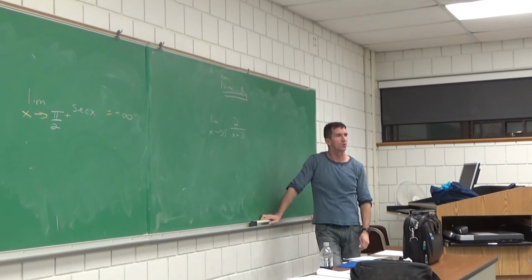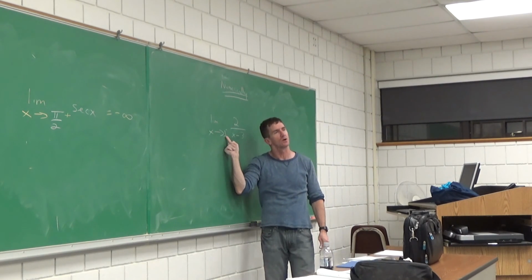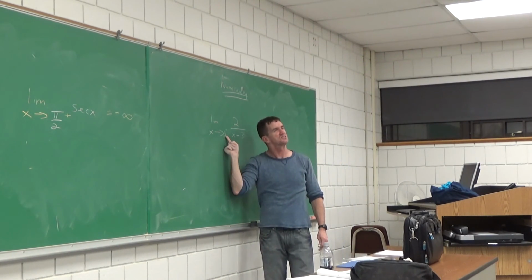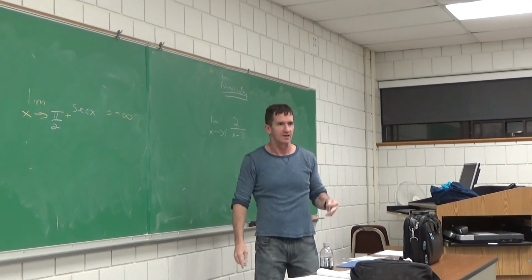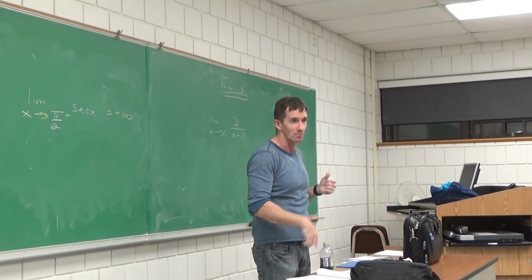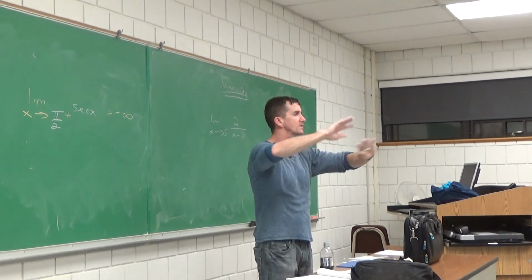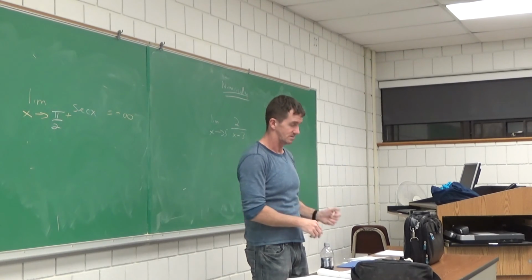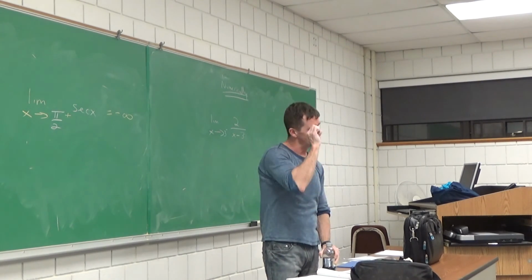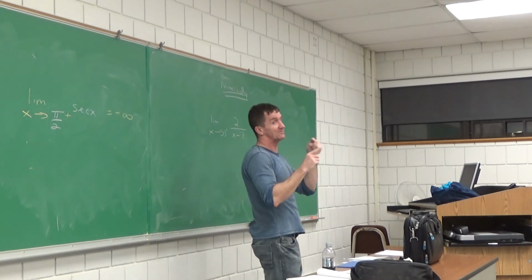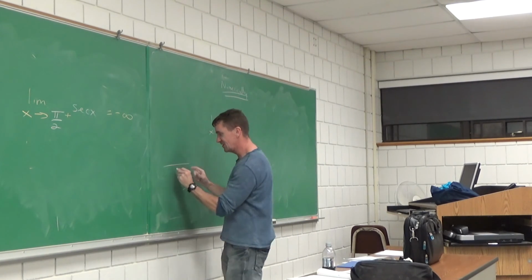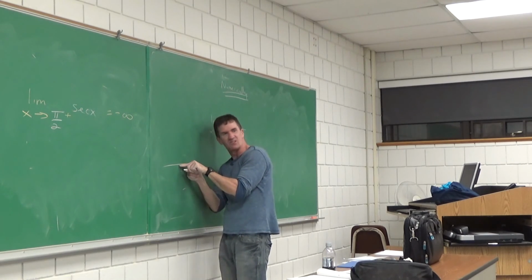We just want to know what's going on as you get really, really close to what number? 3. From which side? From the left. Can you just help me out? Brainstorm right now. We're just going to plug it in to see this answer. We'll match it to the answer we got before. I am not making a graph. I'm going to find this limit numerically. So what's a number really close to 3 from the left side of 3? You have to think of a number line, everyone. Here's the number 3, but over here, really, really close.